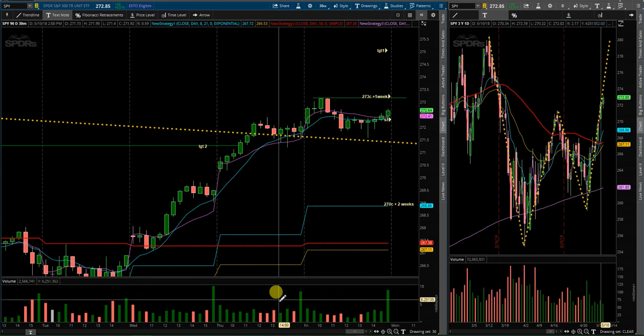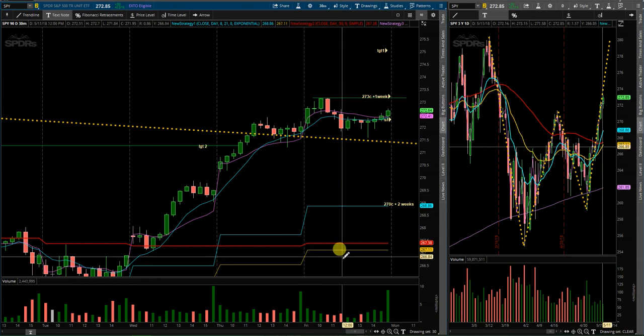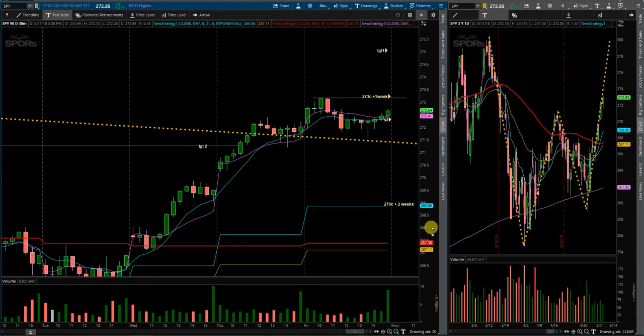It's also worth noting there was a very, very large call purchase opened for, I believe it was June 2019, the 325 strike S&P 500 calls, 32,000 contracts in one trade at approximately 80 to 92 cents. So anywhere in the middle of there, somebody is betting huge money that it's going to go up. That could potentially be a hedge. That's always a possibility, but that is a very, very huge position to go ahead and take note of, something